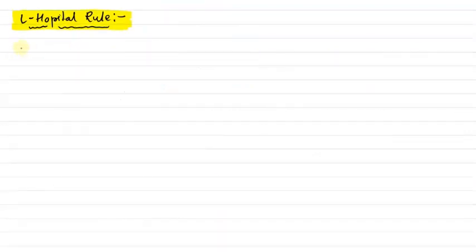Alright, so let's have one more example based on this. We'll see the example from standard limits only. Let's say we have limit x tending to 0 of sine inverse of x by x. Now we already know from the standard limit that this is 1, but yes, we'll try it by the L'Hopital rule once again. So let's start. What we can do is write this as again limit x tending to 0. Since this is 0 by 0 form, you can write f dash x upon g dash of x.